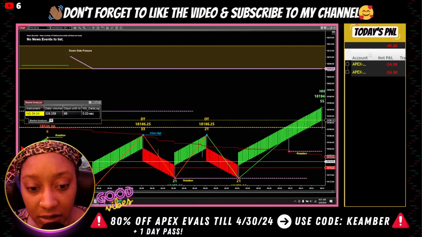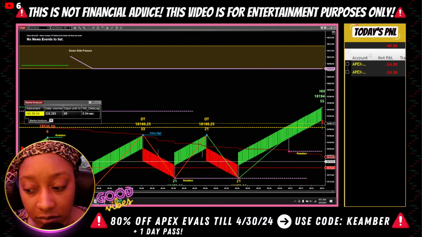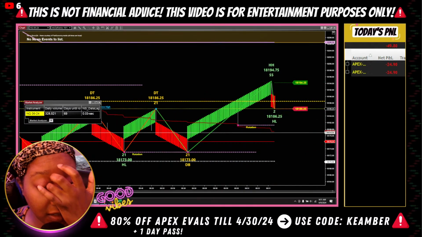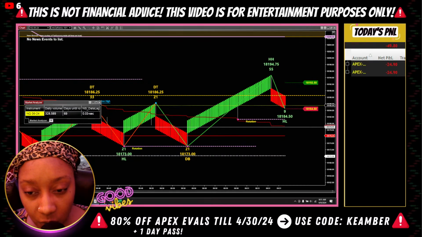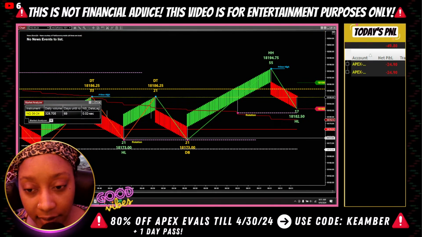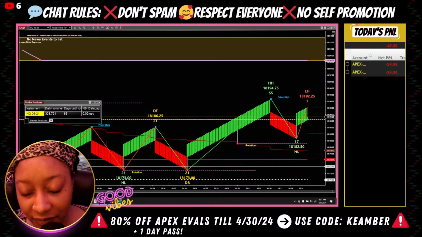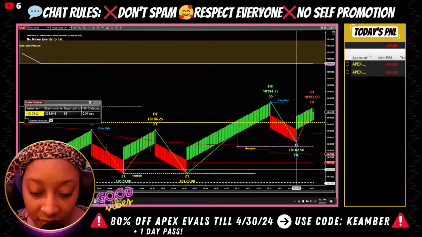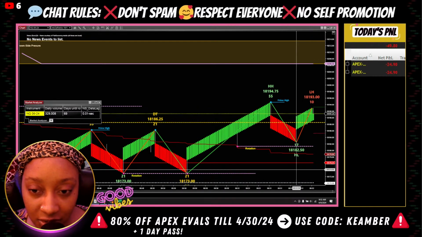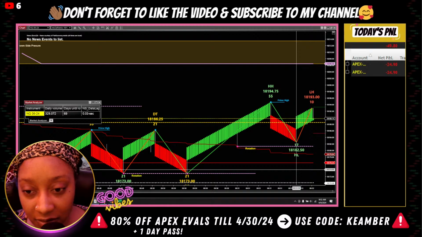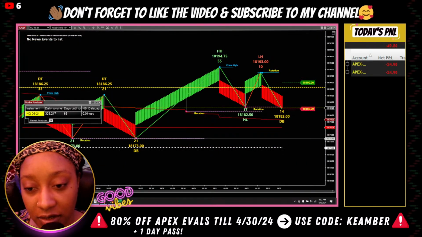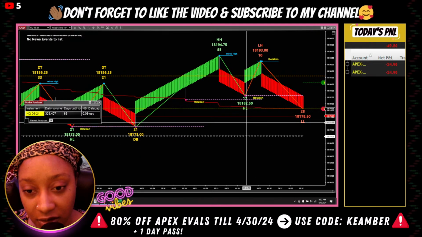Alright, zone is painted. Got about an hour left. This is probably the, and it's so weird because the market wasn't moving this morning, but this is one of like the fastest sessions ever, I feel like. This morning has just been going by so fast to me. Which is weird because nothing really popped off till 9:30.